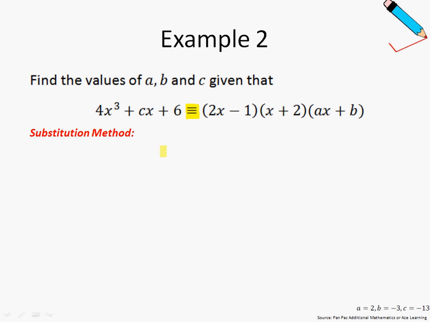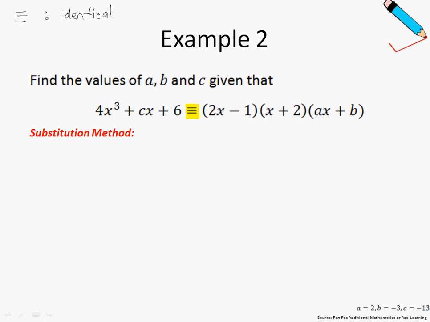This symbol with 3 lines simply means that the two polynomials are identical. So you probably want to take a note down if you're new to this. In the first method, we'll be exploring the substitution method, and let us first pick some values to substitute